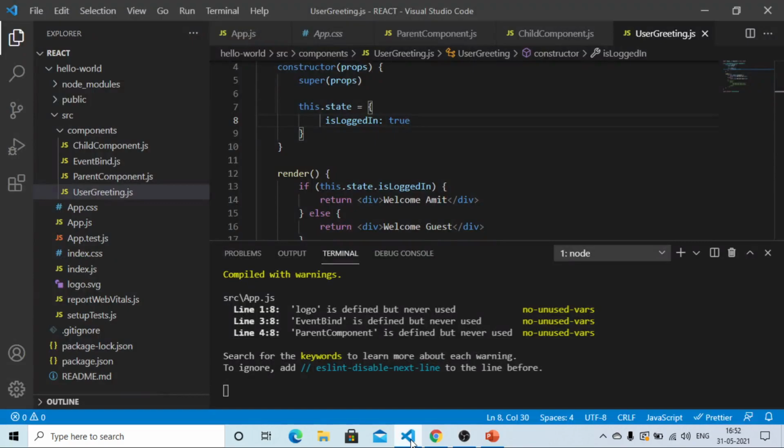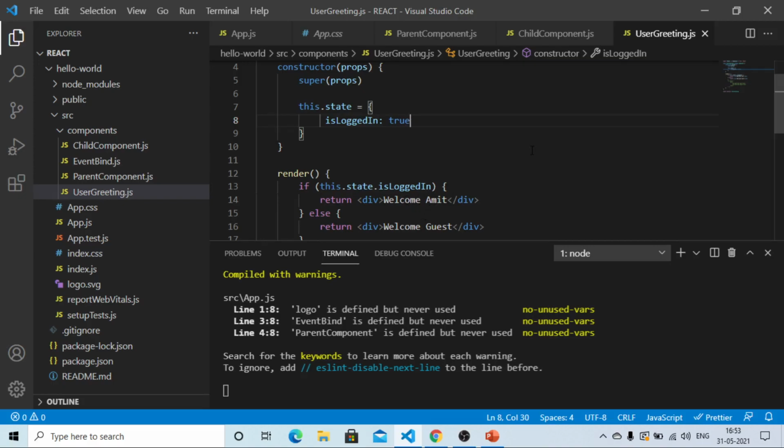Although this works fine, we can see the render method is a little bit crowded, and instead of using the if statement outside, why can't we use the if else statement in the JSX, that is on the message welcome Amit or welcome guest?